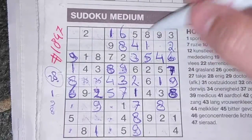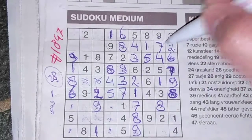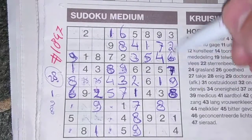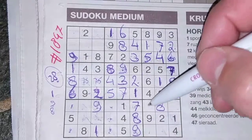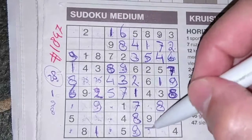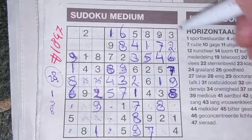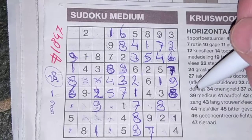1 box left in this big square for the number 7. So we have a 7 in this column. 7 in the column next. So in that column, the only 2 places for the 7 should be here or there. We see here 7, no 7 there. 7 should be there. 1 box left in the last column for the number